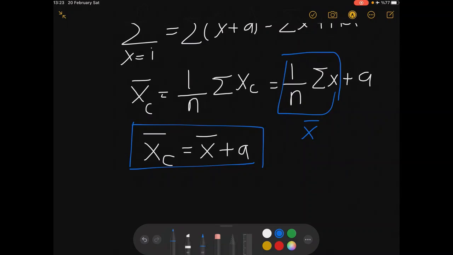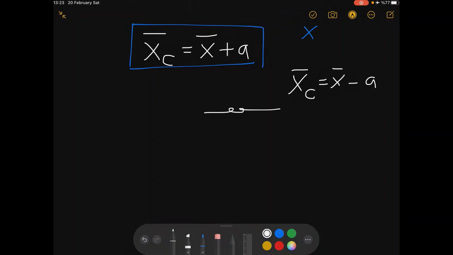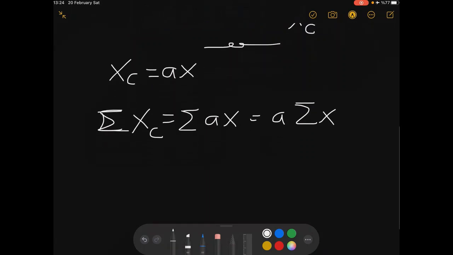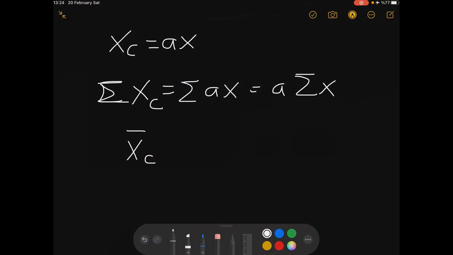So this is one of the effects on the arithmetic mean. It is simple, straightforward, and if you make a minus here, it would look like this. Now, if you do a multiplicative coding here, let's see what happens. So this is your original data here, and this is how you code it by multiplying by a. This is what we do, and what happens here would look like this. Your xc, the sum of x coded data, becomes a times the sum of x, and it would look like this directly. And what would be your coded arithmetic mean? It would be 1 over n